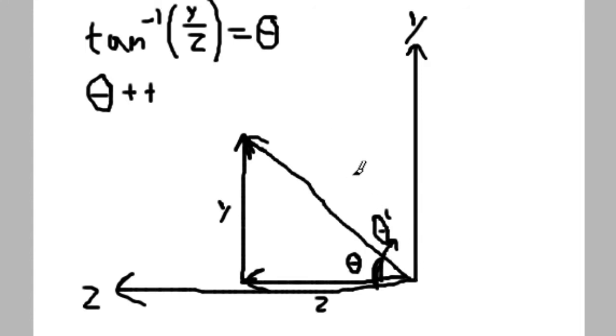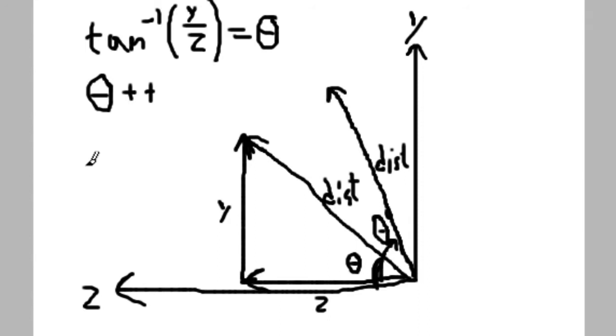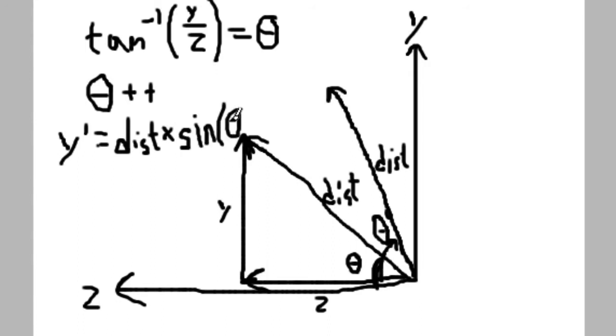And then we want to construct a new vector, so I have the distance from before, let's call this dist, and I want to construct a new vector with this theta prime with the same distance. So basically what I say is that y prime equals distance times sine of theta prime,